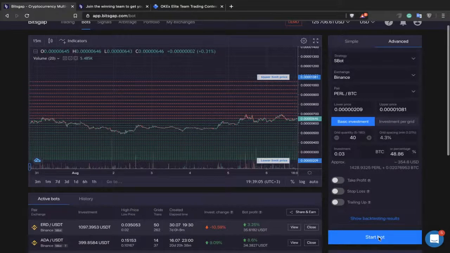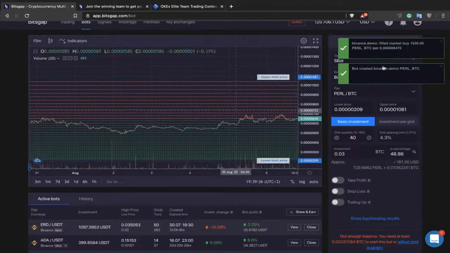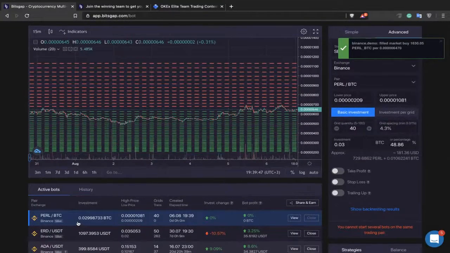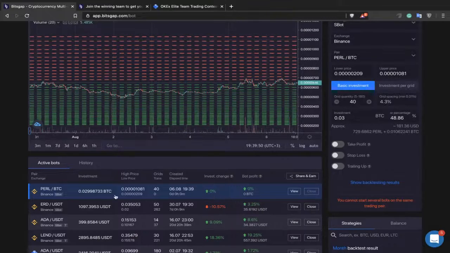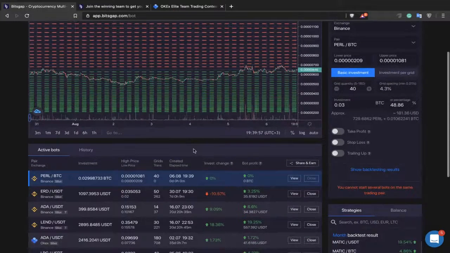So as I click on start the bot, the system will notify me that in order to launch this bot, I must have enough of the base currency on my account. So in this case, as I'm trading parallel to BTC, I must have parallel on my balance. So if you don't have it on your balance, the system will notify you to buy it using the market order. So yes, I will click on yes buy, and it will initiate the market buy order, and you see it has successfully filled this market buy order, and now I can see the bot in the list of my active bots. So that's parallel trading to BTC, 40 grid levels, total investment 0.03 BTC, and if I click on